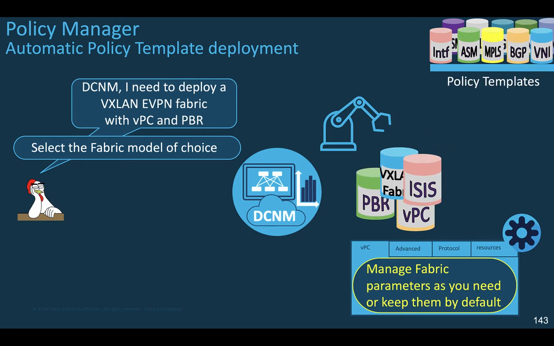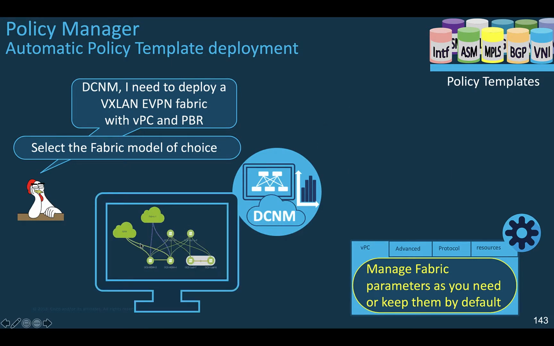You may need to deploy the service node for secured connectivity, intra-tenant using PBR, policy-based routing, or you expect to optimize your multicast-based application by means of TRM, tenant-routed multicast functions, or you're required to deploy the VPC for dual attach endpoint, etc. Then you just need to check the required functions, and DCNM will leverage the policy template of interest associated with the fabric templates, pre-configured using default settings, and customizable to suit your particular requirements.